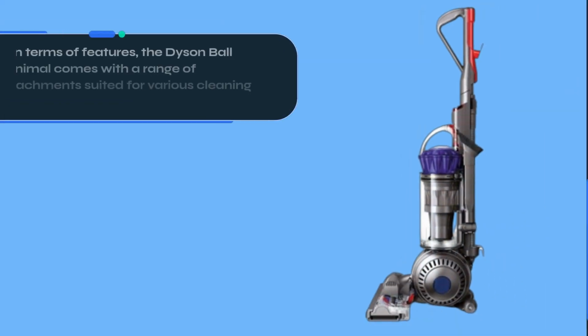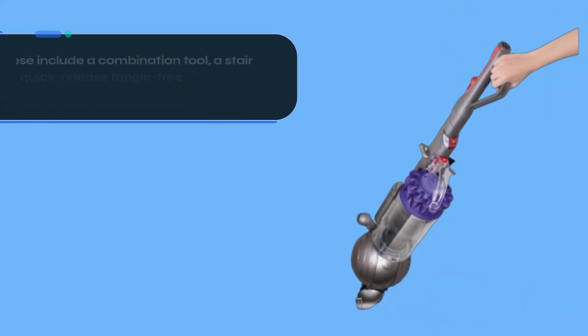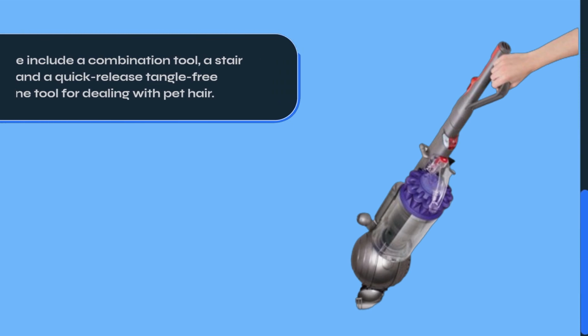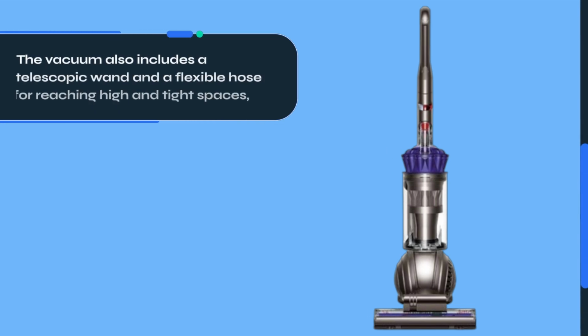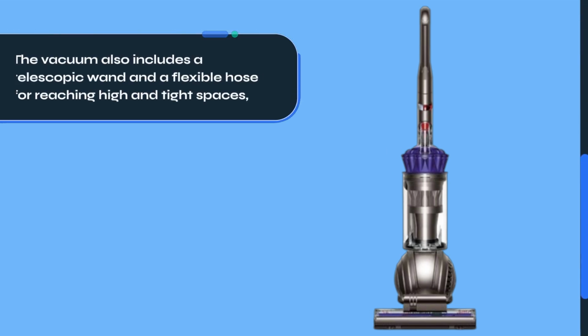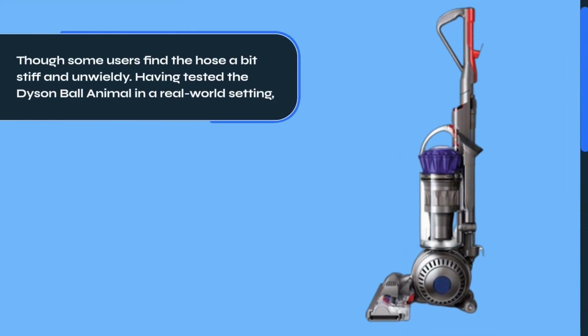In terms of features, the Dyson Ball Animal comes with a range of attachments suited for various cleaning tasks. These include a combination tool, a stair tool, and a quick-release tangle-free turbine tool for dealing with pet hair. The vacuum also includes a telescopic wand and a flexible hose for reaching high and tight spaces. Though some users find the hose a bit stiff and unwieldy,